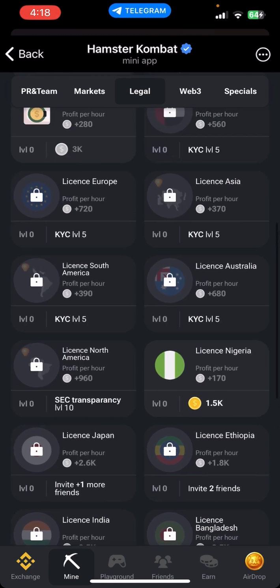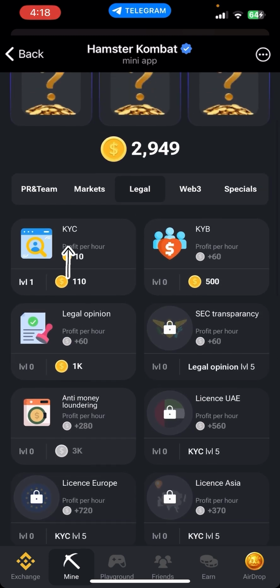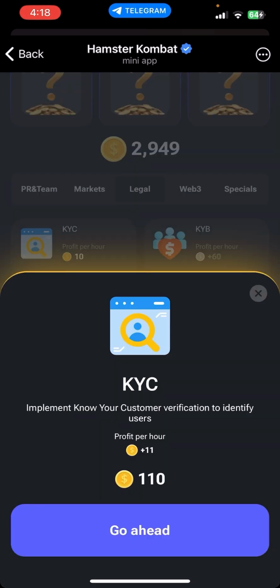You can see there is a KYC at the very first, which basically means know your customer. Once you tap on this option, you can see implement know your customer verification to identify users. Once you tap on the go ahead, you will be able to earn $11 coin per hour, and it will cost you $110 coin. But if you are a beginner, then it will cost you 100 for the very first, and it will increase afterwards. So let me tap on the go ahead for now,